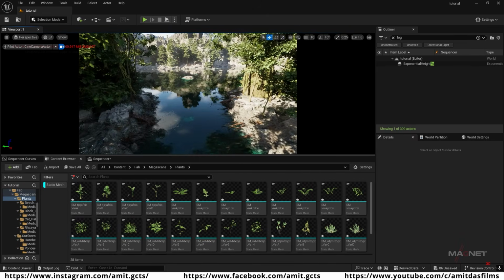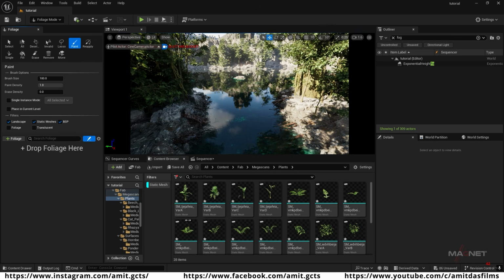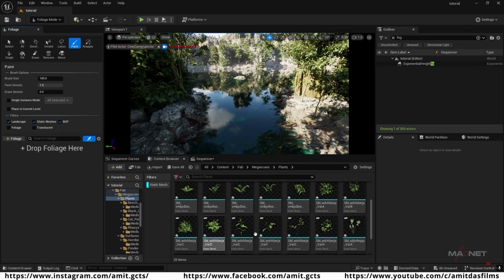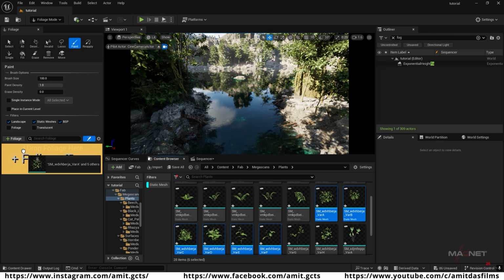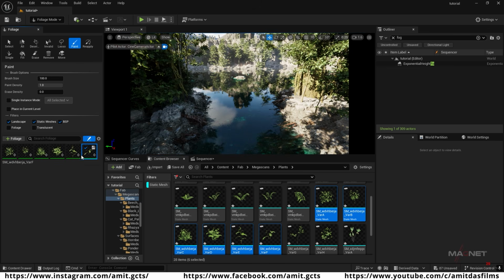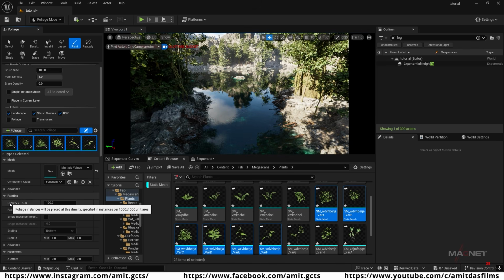here. So for this, I'm going to use the foliage system. So I go to the selection mode and select the foliage. And then I'm going to drag some of these plants from here. So maybe I use this one and these four plants, or maybe this one and this one, and drag it over here. And then first we select all of them, and then we go down and go to this density,